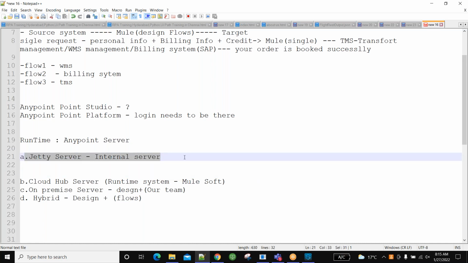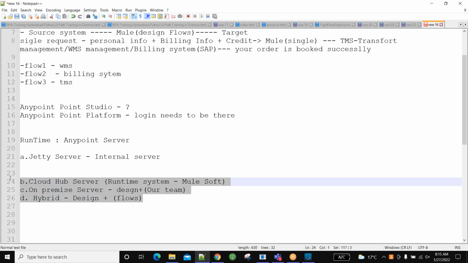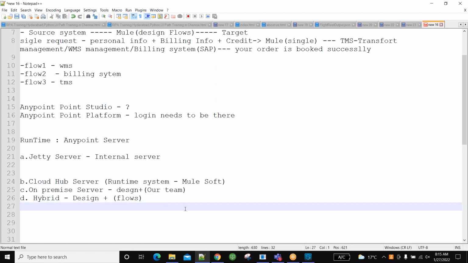Definitely it is used only for testing purposes, and for project people like us who are practicing, it is suitable. But among these three, what to opt for, our architect will decide in the requirements phase. Okay,